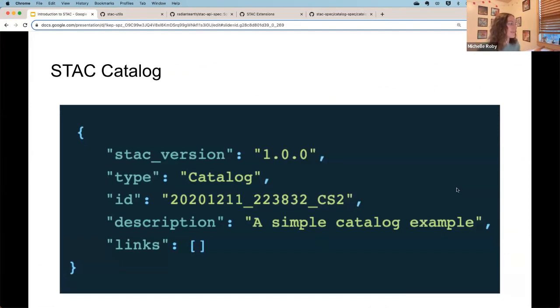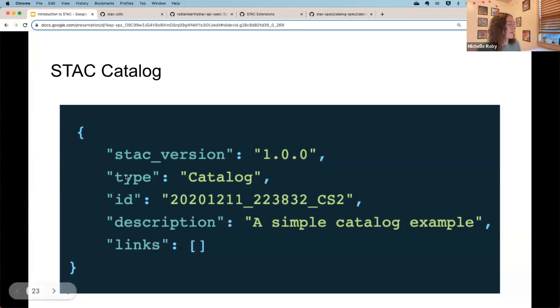The components that are necessary within a STAC catalog, just as a baseline, include the STAC version. That is predetermined. Right now we're on 1.1 or 1.0.0. That would be included as a reference for someone viewing that data of when it was created and what components are necessary, which is very helpful for the user to understand.